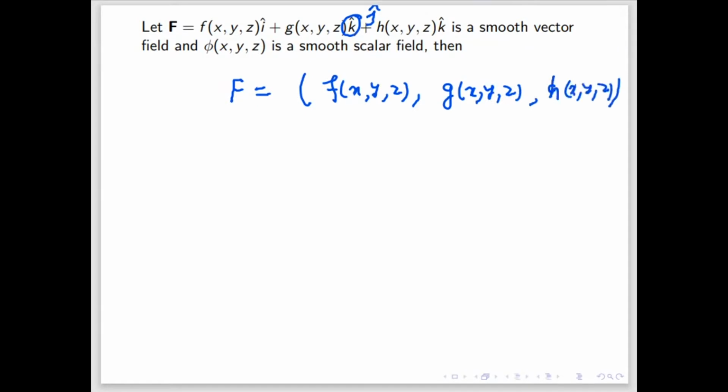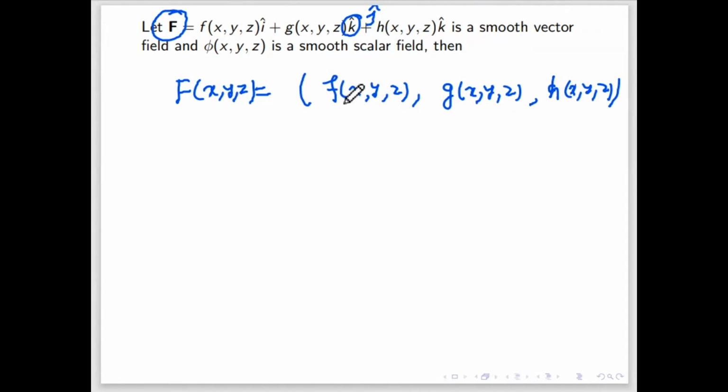So here f is a function from R3 to R3. That is nothing but f(x, y, z). In my slide, if I write in boldface, that means it is a vector, not a scalar. You can write this same vector in terms of components, the first component with i cap, then j cap and k cap, and it is given that it is smooth.